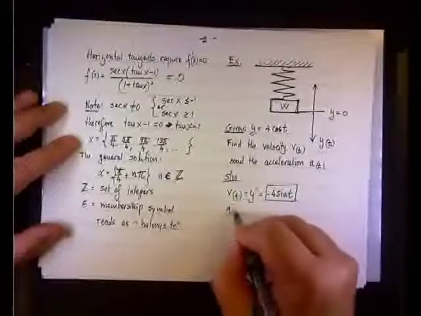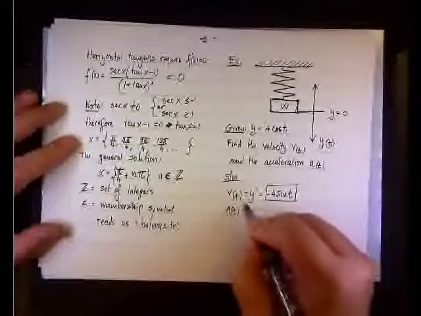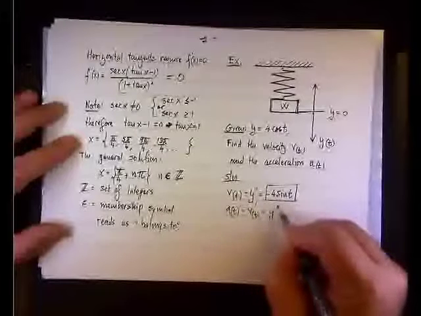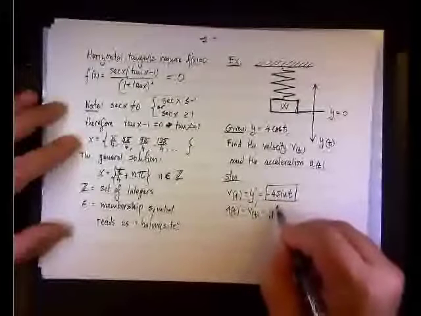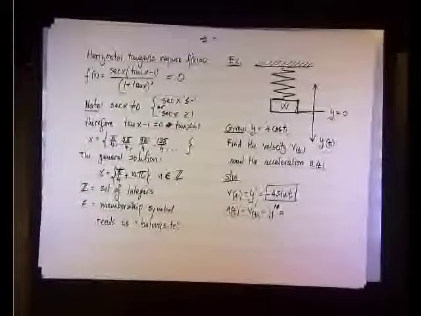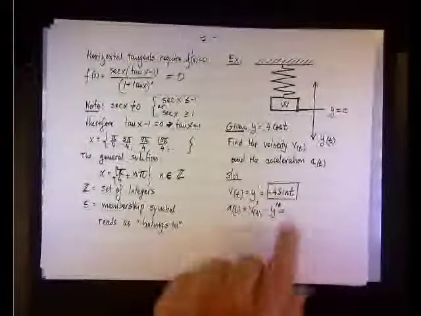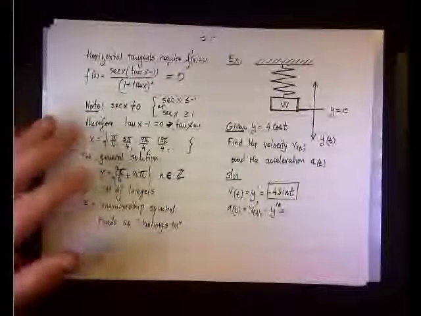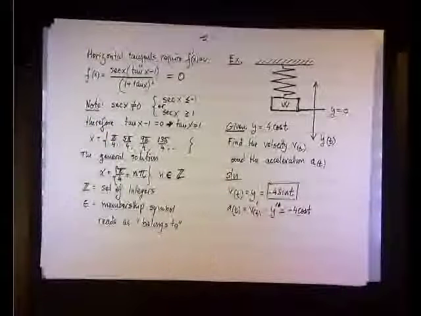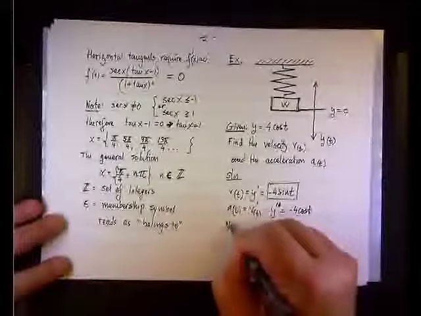Okay. What about the acceleration? Well, the acceleration is the derivative of the velocity or the second derivative of the position, right? We wrote it like this. So now we need to take the derivative of sine of t. Well, the derivative of sine of t is cosine t, so we end up having negative 4 cosine t. One thing to notice that,